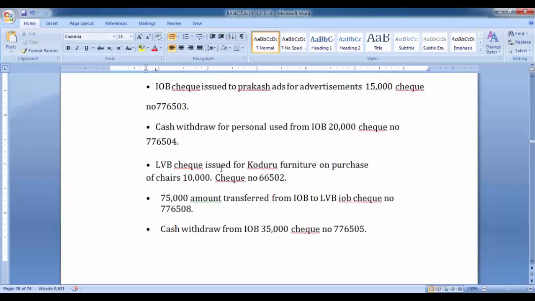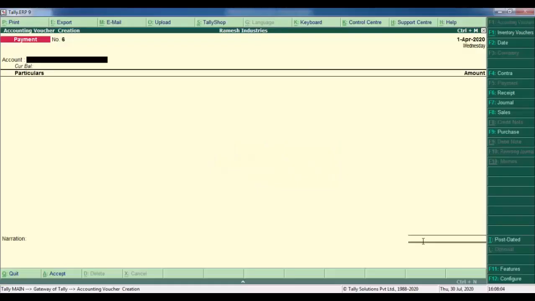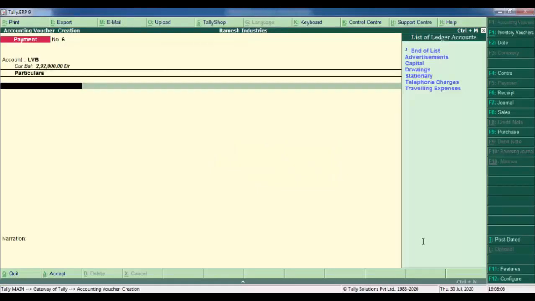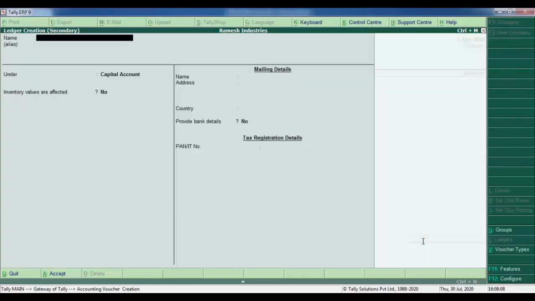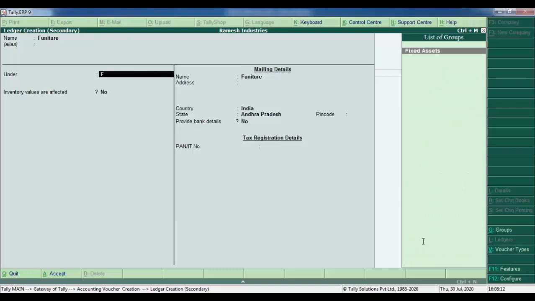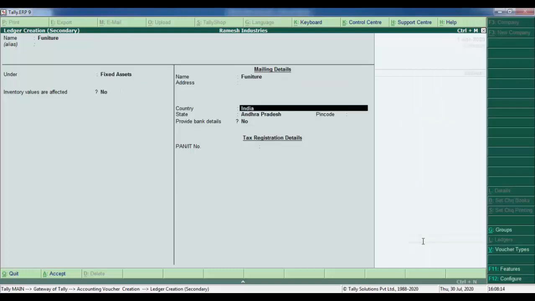After that, LVB check issued to Koduru Furniture on purchase of chairs, 10,000 rupees. Again in the payment voucher, LVB check for the furniture, creating furniture under fixed assets.